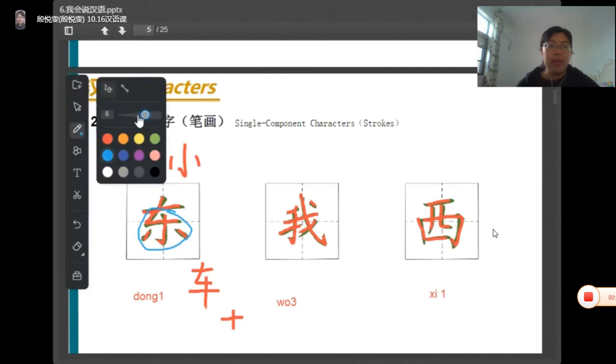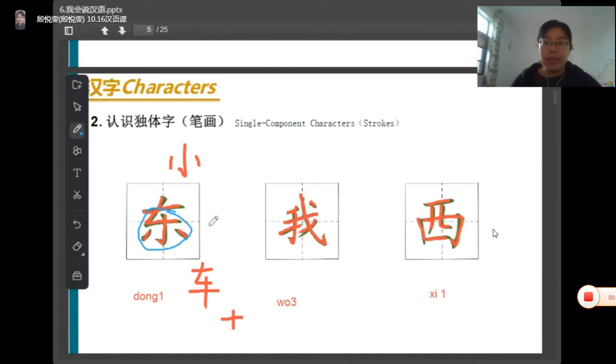Before today's class and before classes, the Chinese characters we learned all belong to single component characters. But 钱 does not belong to them. 钱撇横. About 钱, just see how to write it now, because this new character is very hard for us.